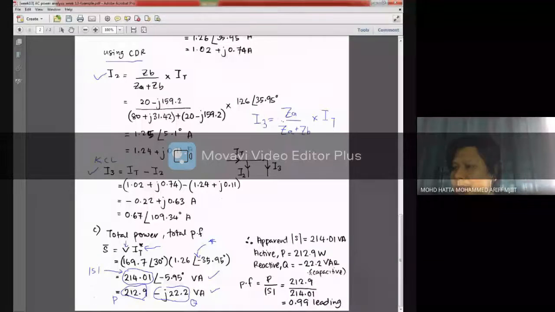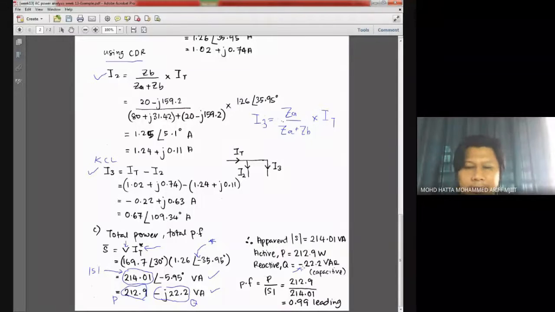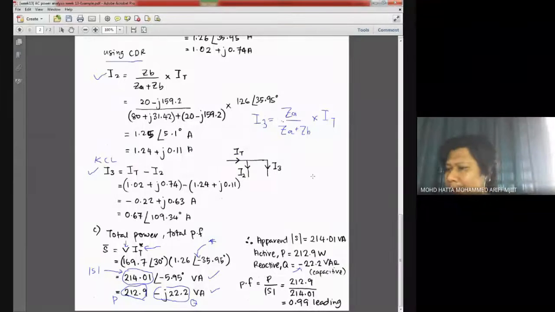If you don't put this capacitive information, also can, because if you have this negative sign, it is understood that this is a capacitive characteristic of a circuit. All right, to calculate the power factor, the fastest way, I believe, is